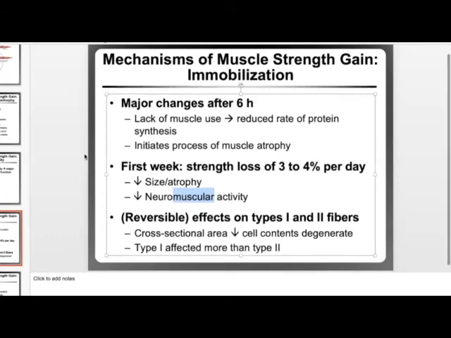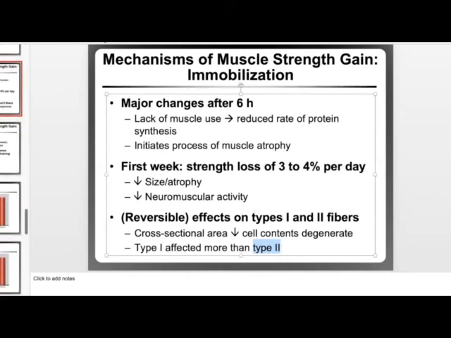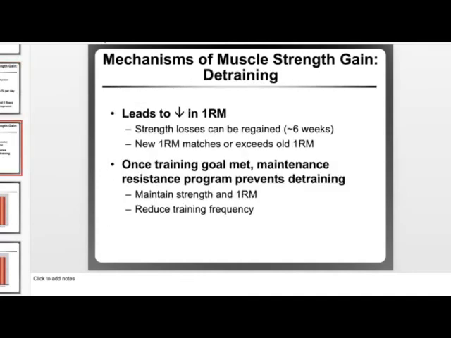All right. With detraining, type 1 is affected more than type 2. Remember, type 2 are your resistance training muscle fibers. So with detraining, your type 1 or your slow twitch muscle fiber types are going to be affected sooner than your type 2 muscle fiber types, because your body needs the type 2 muscle fiber types for later. All right. But again, these effects of immobilization are reduced with training.